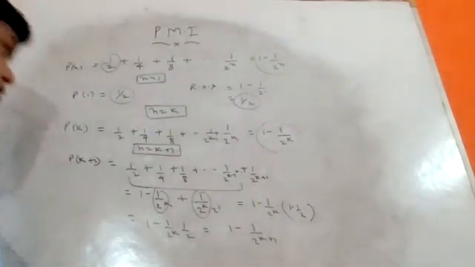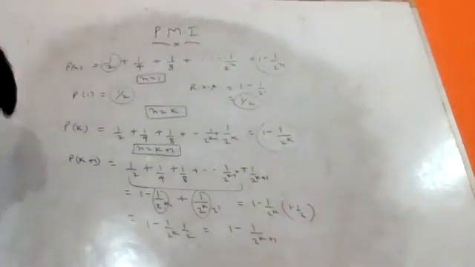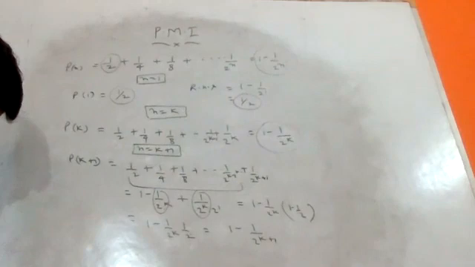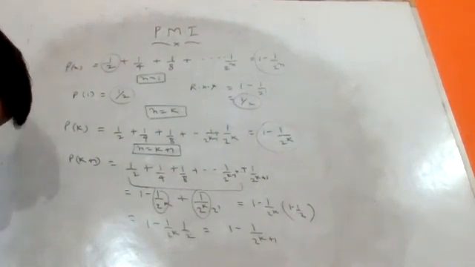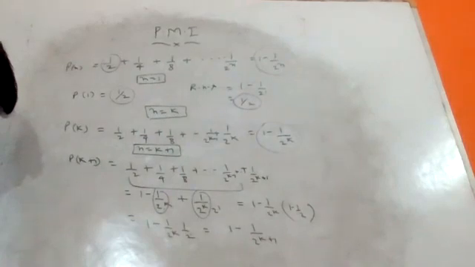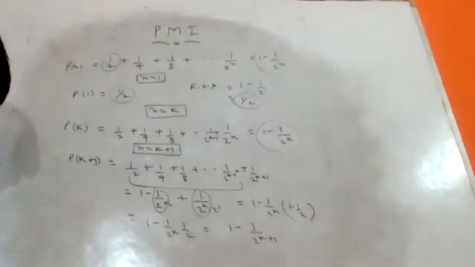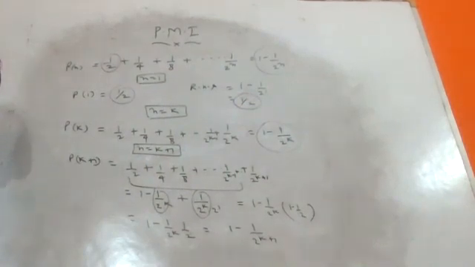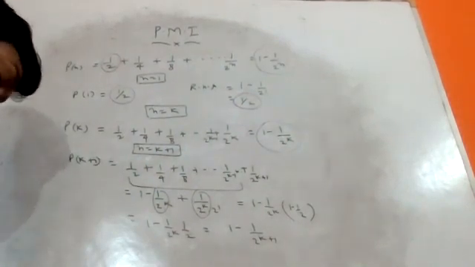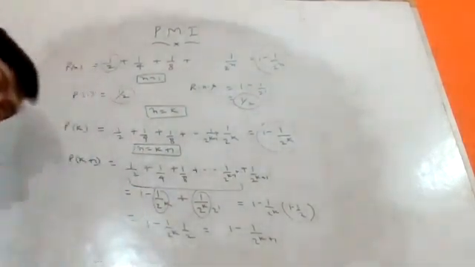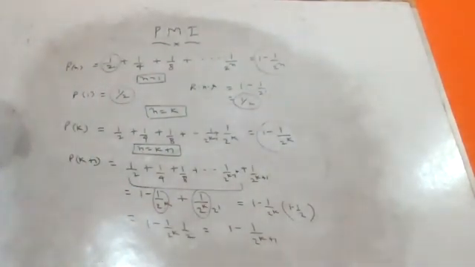And lastly we have to compare this. So we can write that this is true for n equal to 1, n equal to k, and n equal to k plus 1. So in this manner, we can prove the given expression for n equal to 1, n equal to k, and n equal to k plus 1. In this manner, we can also approach an inequality problem with algebraic concern.